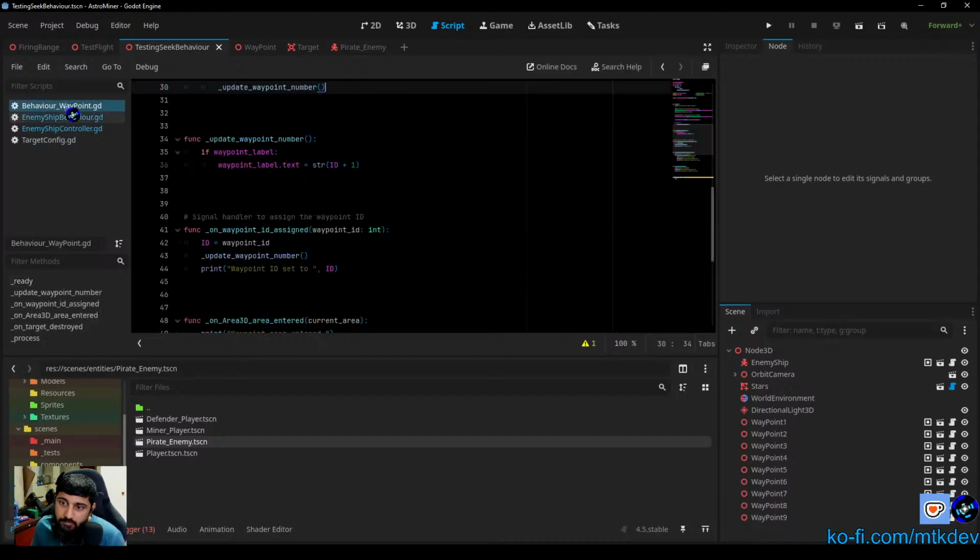Okay. And for waypoints, it's got update waypoint number. It should have a function to